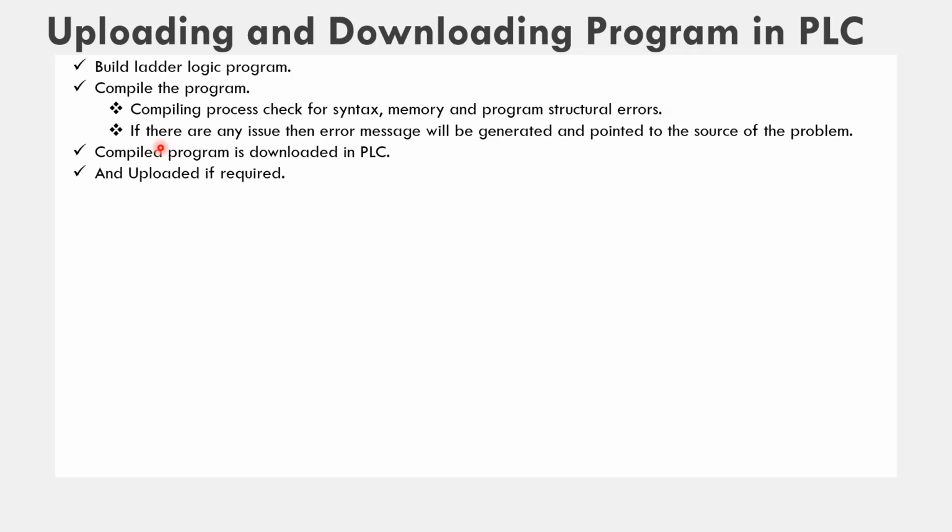If there is any issue, then an error message will be generated and pointed to the source of the problem. And if there is no error, then the compiling process will generate the hex code, and that compiled program is downloaded in the PLC, and the program can be uploaded if required.